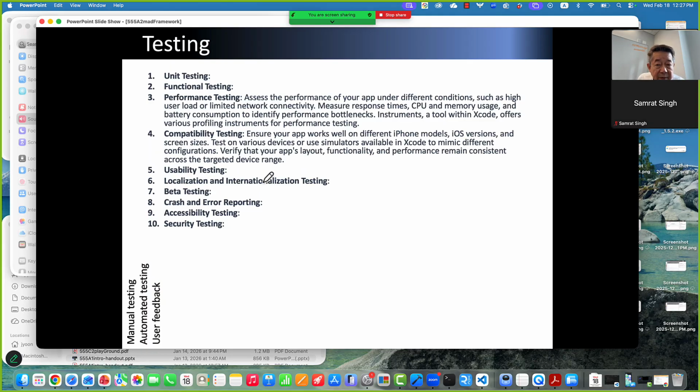Performance test. This is somehow related with the hardware and also network. To assess the performance of your app under different conditions such as high user load, limited network connectivities,